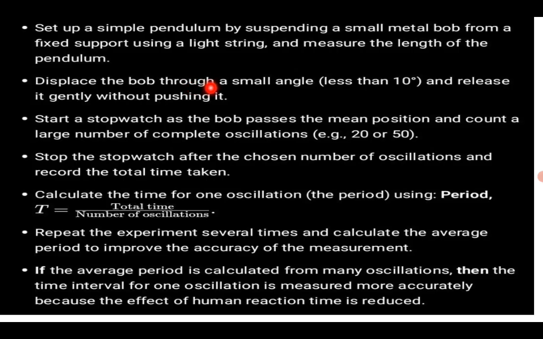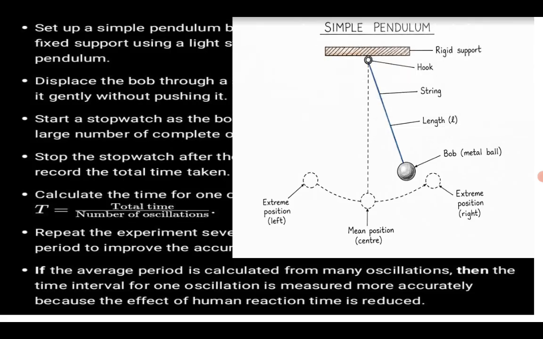So displace the bulb through a small angle, less than 10, and release it gently without pushing it. When you displace it to that end, just let it move by itself. Don't push it with your hands. Just let it go. Once you displace it, leave it. It's going to start oscillating like this,